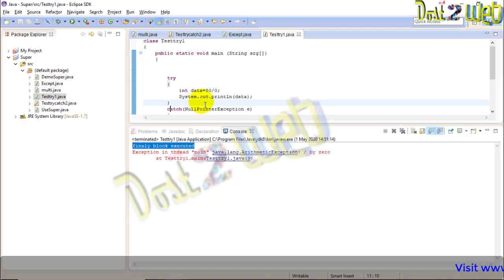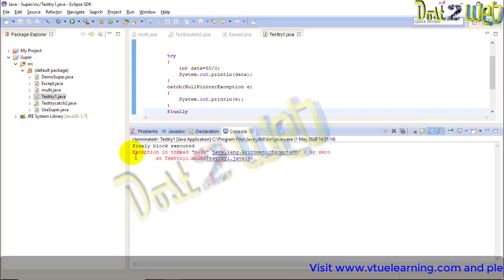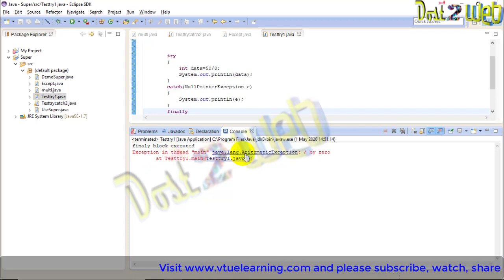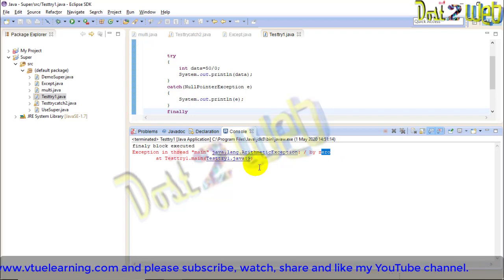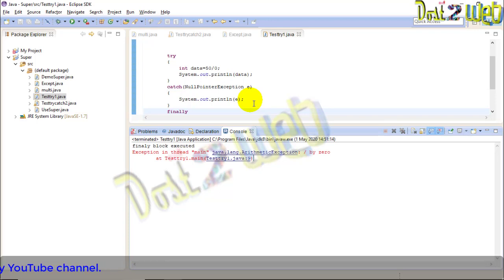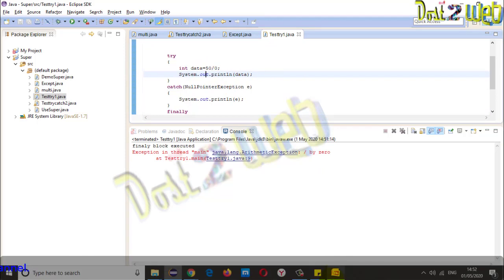We have not specified the arithmetic exception handling, but it will give you the exception in thread java.lang.ArithmeticException: division by 0. At line number 9 you will be having the exception. We have not defined the catch, so it is not handled. We have the exception but not handled. So this is the one example what we were saying.